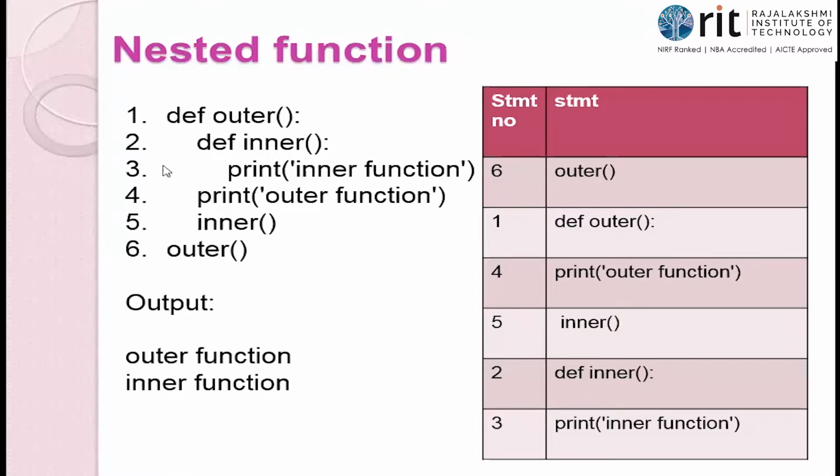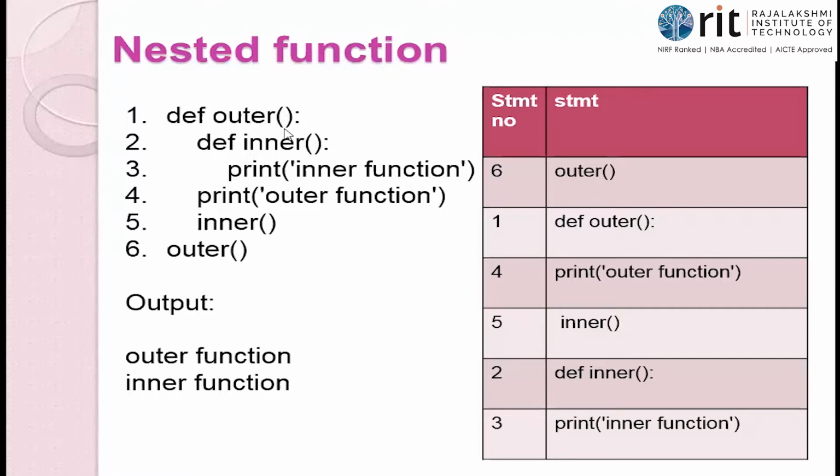Look at the screen, please. So first line, def outer. There is a keyword def, which means the function definition begins with that line. Outer is user defined here. It is a function name. I have a parenthesis. So def keyword is here, and I have a program element name, a user defined name, followed by the parenthesis.